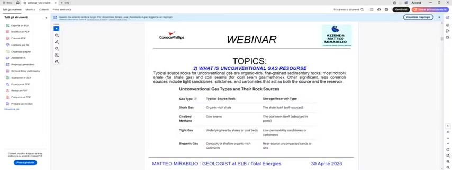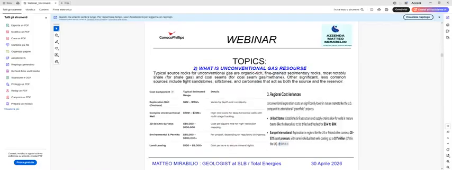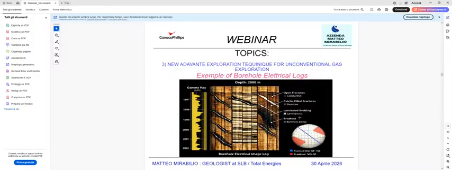As we explained in the first phase of the webinar, unconventional gas sometimes has critical conditions for recovery, as in the South Africa project